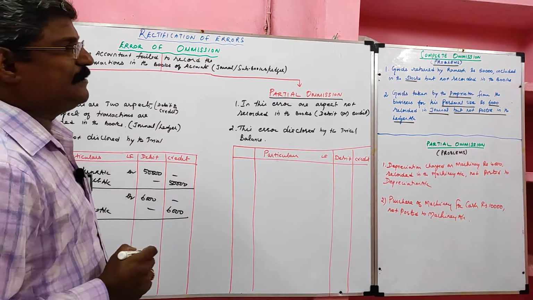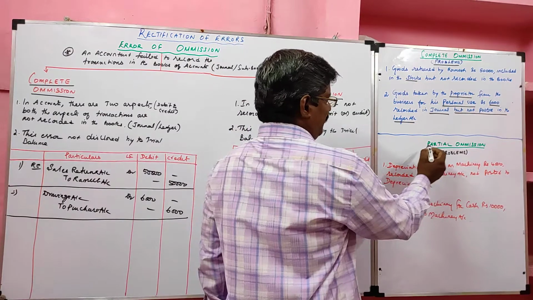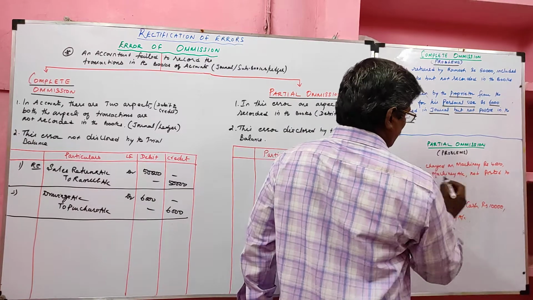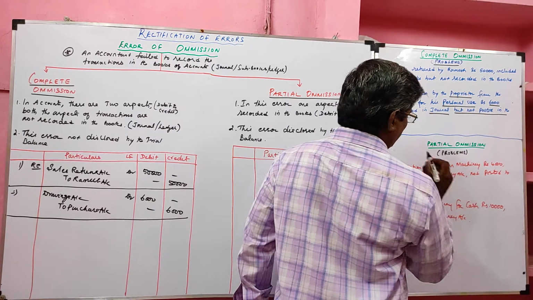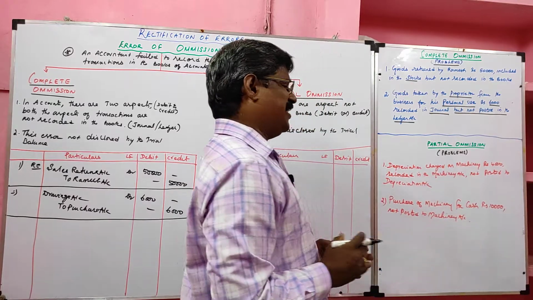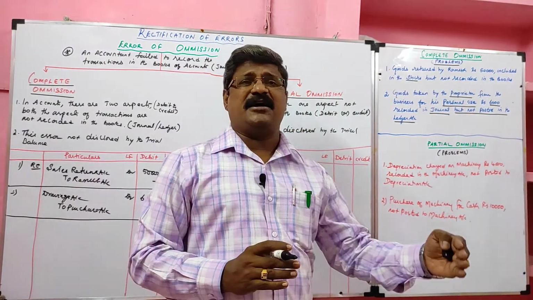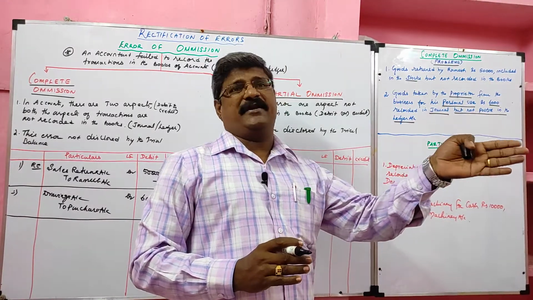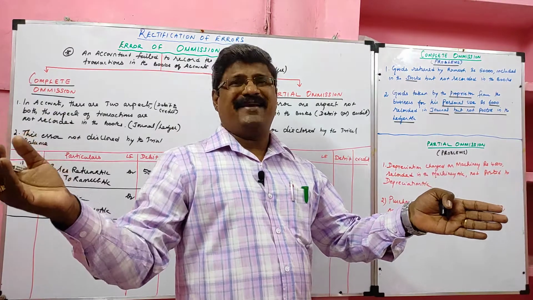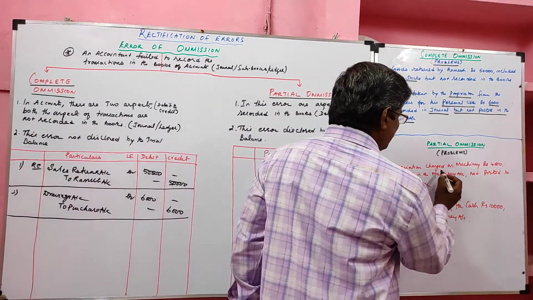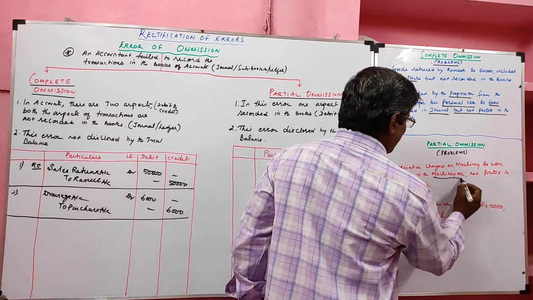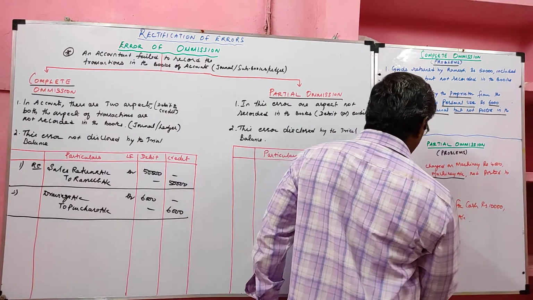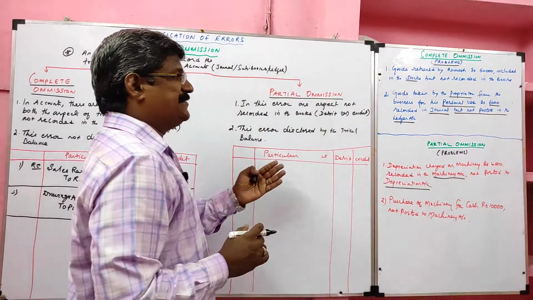Okay students, now let us see partial omission. Depreciation charged on machinery, rupees 4,000, recorded in the machinery account. What is the entry we will record? Depreciation account debited, machinery account credited. In the depreciation ledger account, depreciation should be debited. In the machinery account, it should be credited. But what they did: the machinery account was credited correctly, but not posted to the depreciation account. So the debit side, depreciation, is not yet posted.